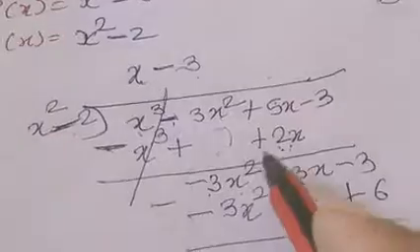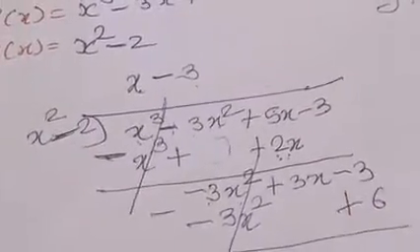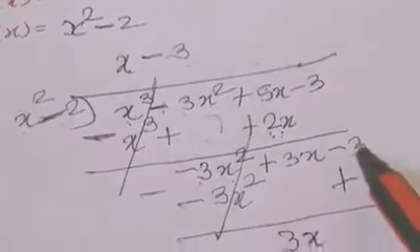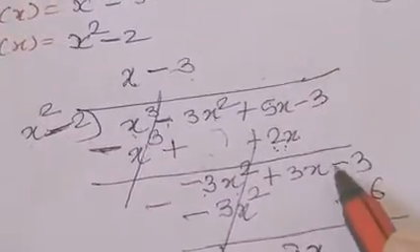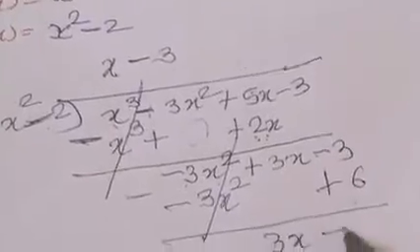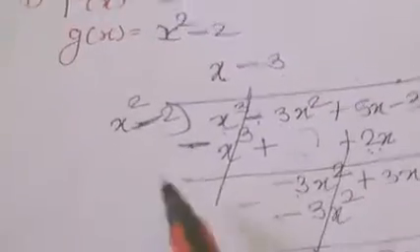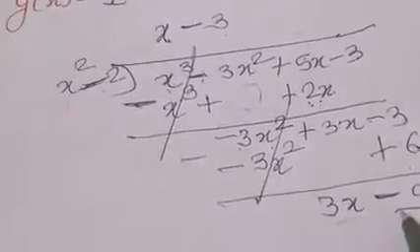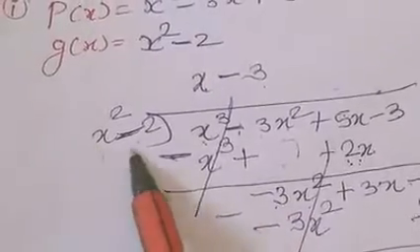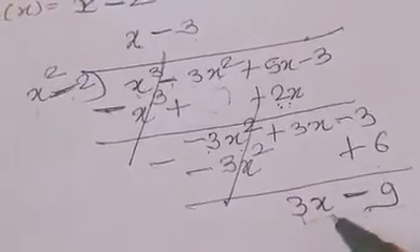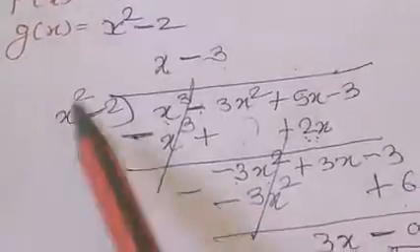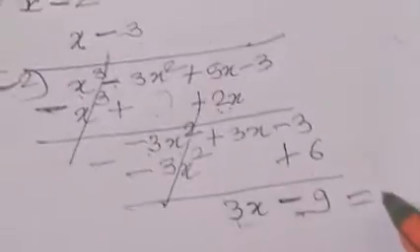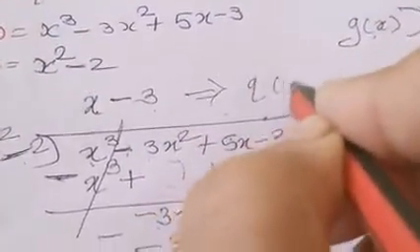Then we subtract it, this gets cancelled. 3x, no effect, no operation with 3x. This minus 3 and minus 3 minus of 6, that is minus 9. And now here the degree of this polynomial is 2. The degree of this polynomial is 1. Then the degree of gx is greater than the degree of rx, then we cannot proceed further. This will be the small term, this is the big term. Then this part is rx and this part is qx.